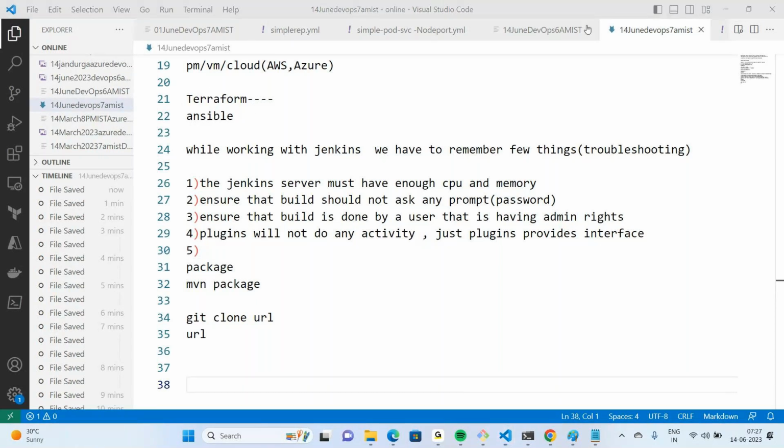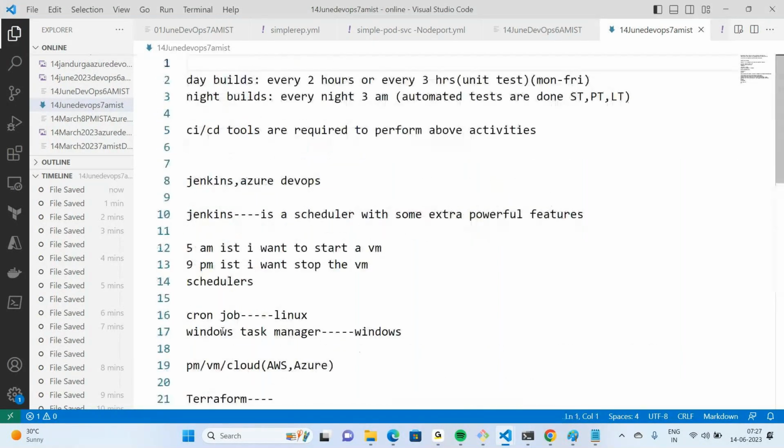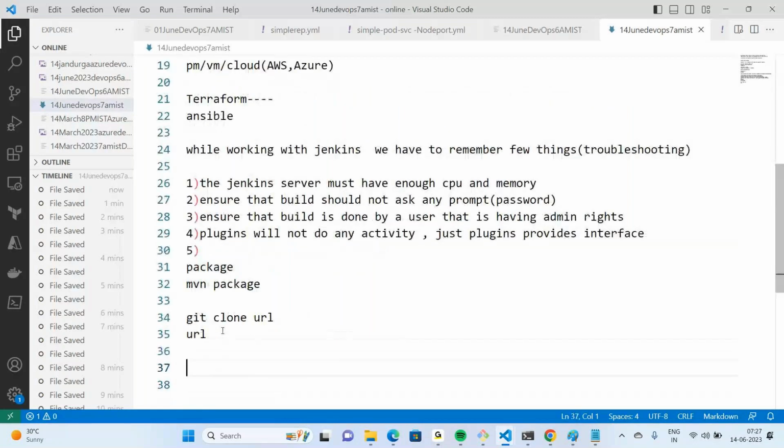Is the concept clear, guys, so far? Is it interesting? Day builds, night builds. What is the use of Jenkins? Why Jenkins? What is the need of using Jenkins? What are the troubleshooting issues that you have to remember? Yes. Very interesting. Right. Now,